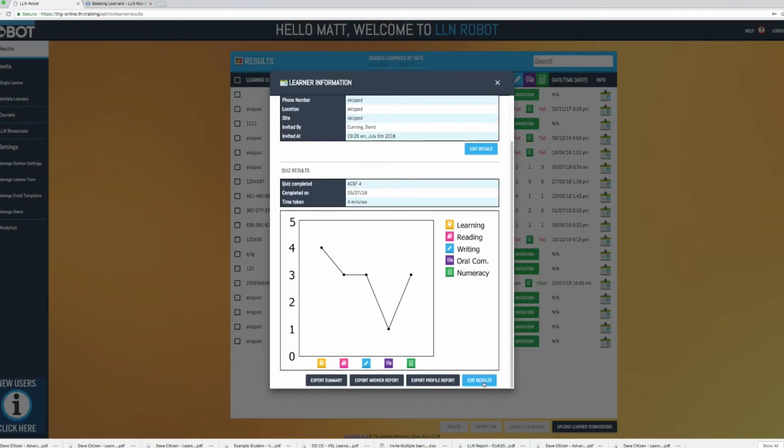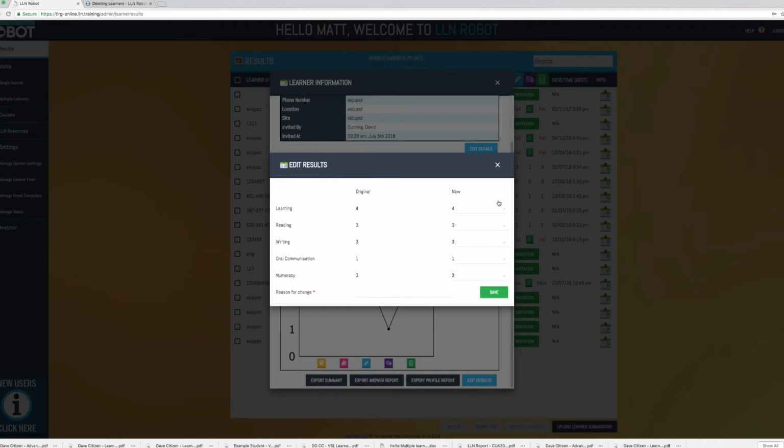Also, you have the option to edit results. You can change a learner's results based on any information that you may have ascertained from the learner yourself. So you may have interviewed the learner and determined that this particular learner had an oral communication skill that was higher than was shown by the quiz. And so you would adjust that there, and it requires you to put in a reason for the change. So in this case, you would say, personal interview,